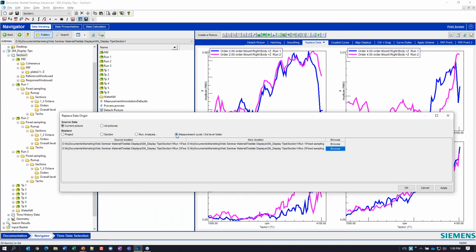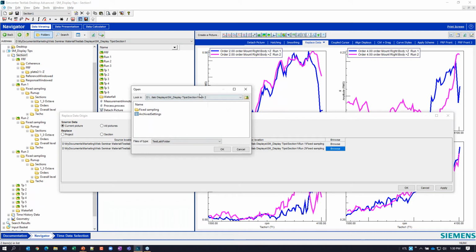In this case, I want to change run 2 to run 3 and compare those two, 1 and 3 together. So I'm going to swap out my measurement cycle. I'm going to browse to this guy. You see it's currently looking in run 2, so I'm going to go up a level.